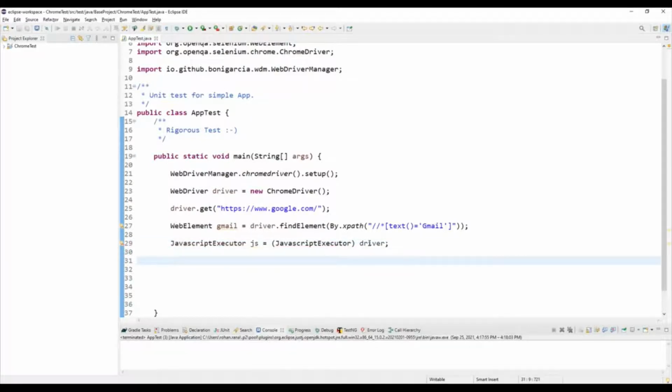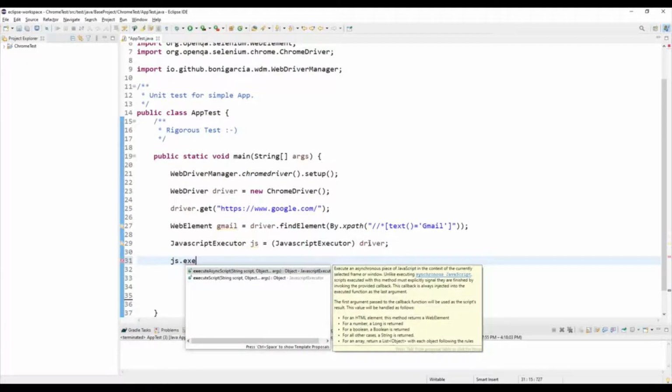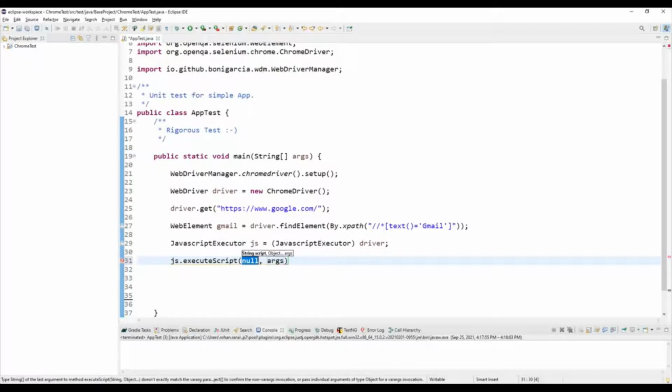Now js dot execute script. Here you need to pass in double quotes arguments and then square bracket 0 dot click and semicolon. Then, as the second argument, you need to pass the web element that we have found of Gmail.